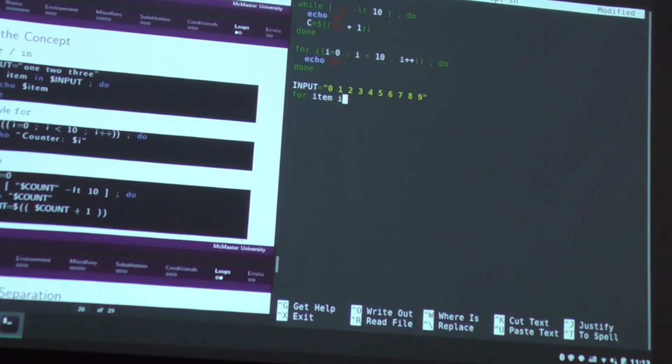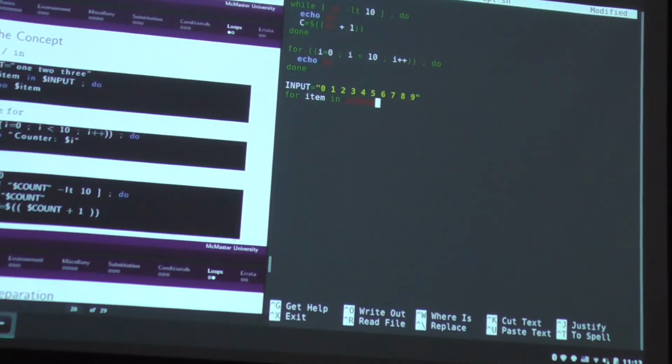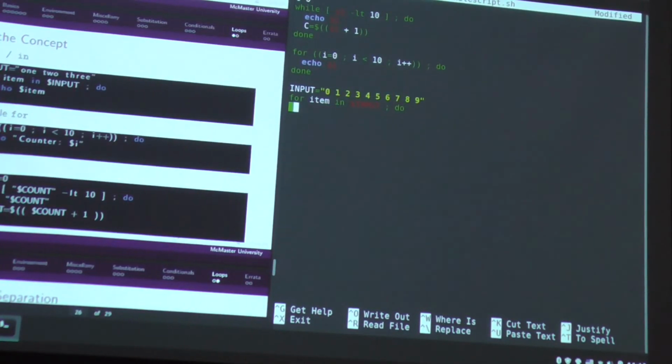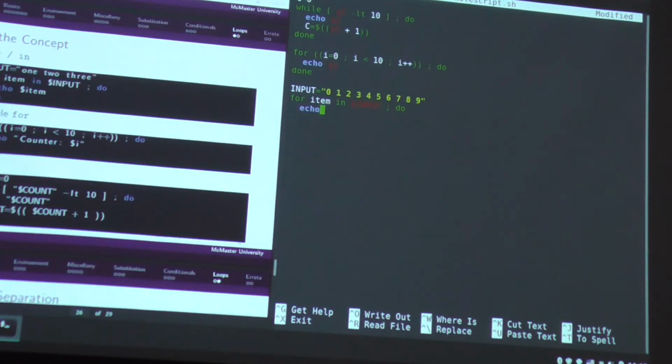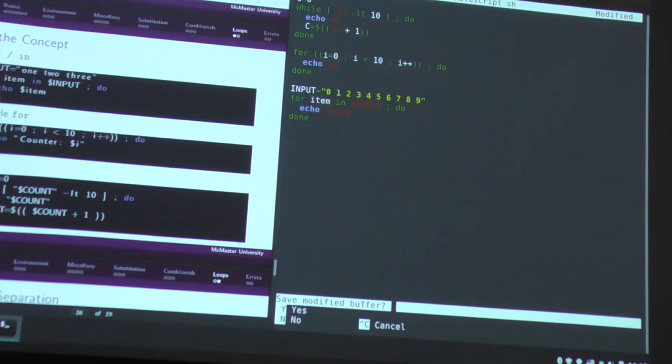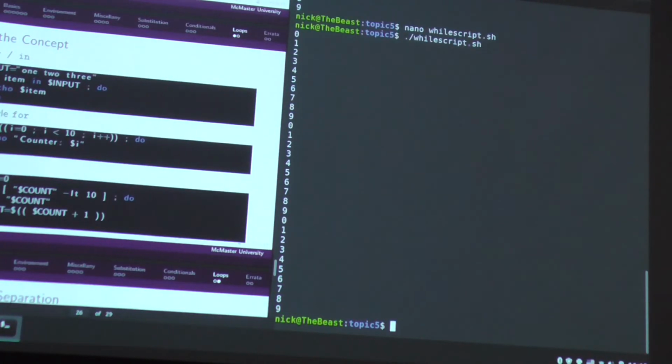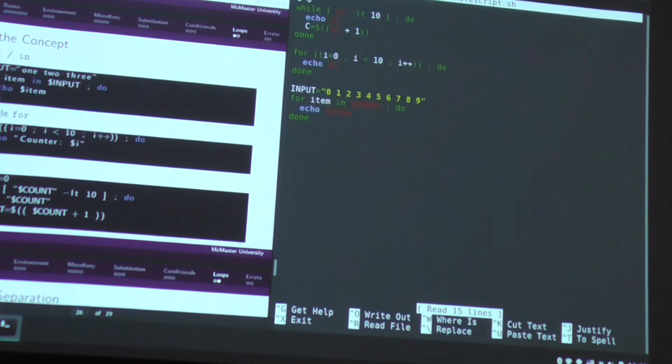For item in input, do echo item, done. And you can see it outputs all of these things, right? So that last one is kind of interesting. You could do something like,